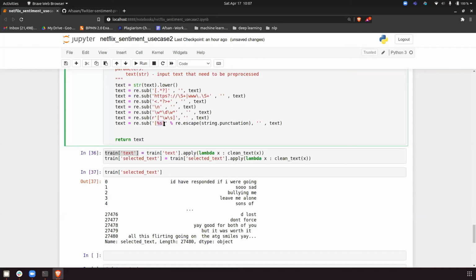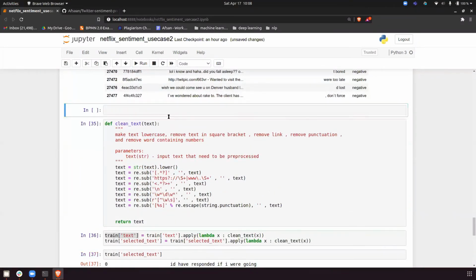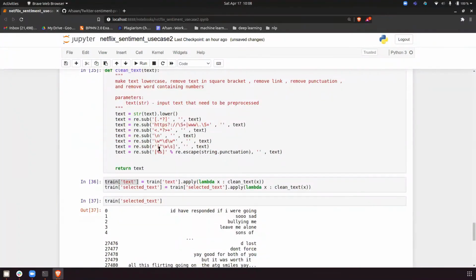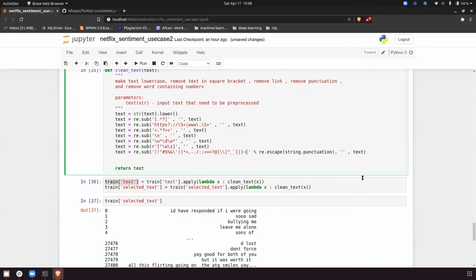So this is also you can do. There are n ways to do that. Or else you can import string, copy this and paste in the box. So there are a number of ways to remove the punctuation. This is the indirect way. The direct way, you can use a for loop. In the last class, I used the write function using a for loop, split, and again joining. So you can do that also. Is it clear to everyone how to remove punctuation? This is the first, this is the second step, and this is the third step.